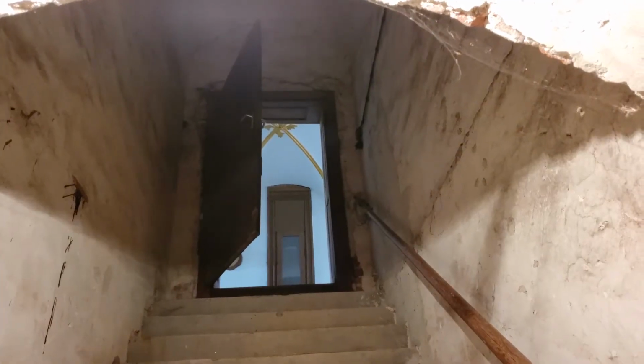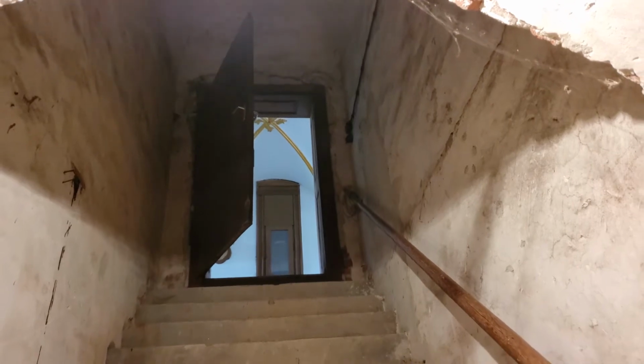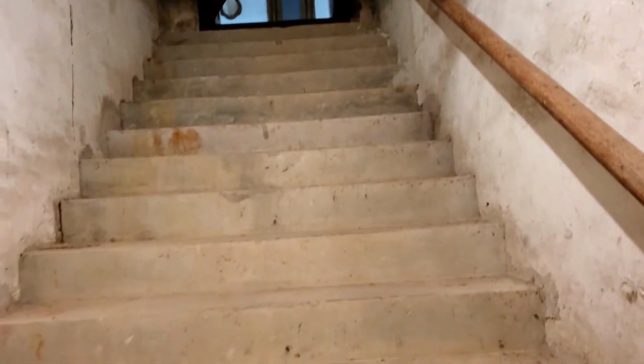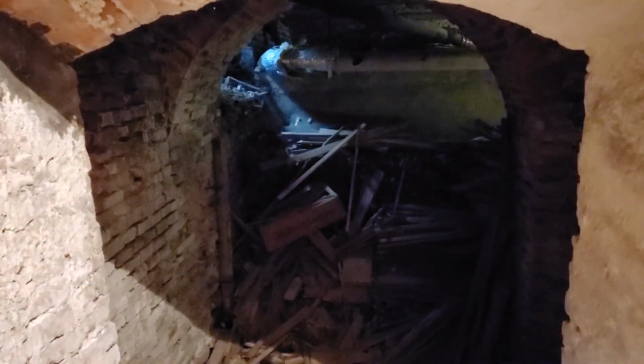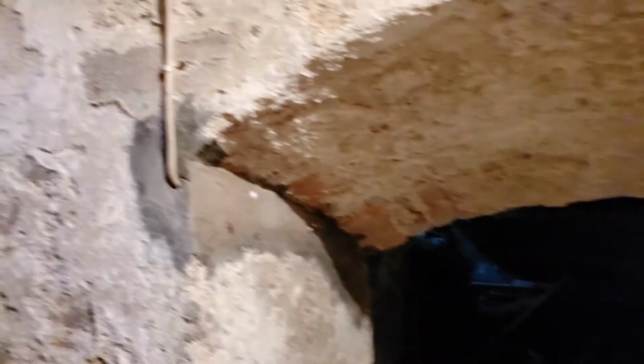While we're here, I thought I'd give you a quick tour of the dungeon. So that's just the entry from the first floor. You come down these steep stairs. If you were to break to the right, that takes you into where the boiler system is, the tank, and you can see there the open hatch that we were just talking about. If you spin around, and if you were to break to the left, that takes you into this room,